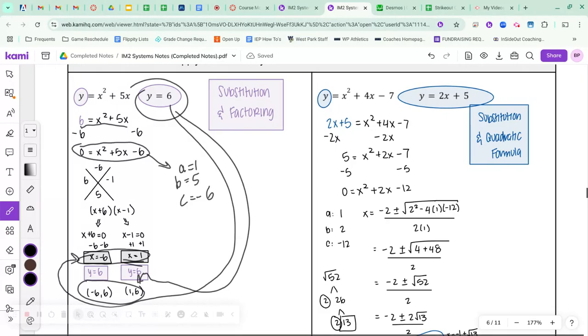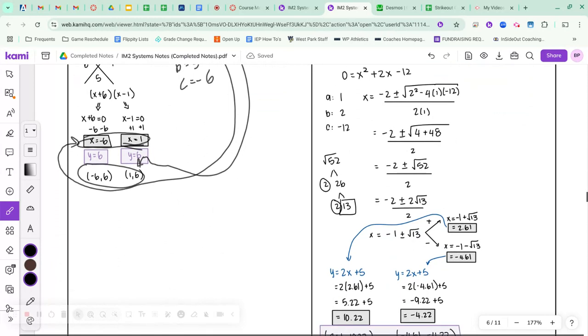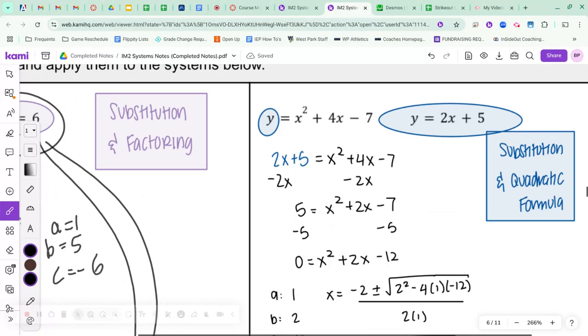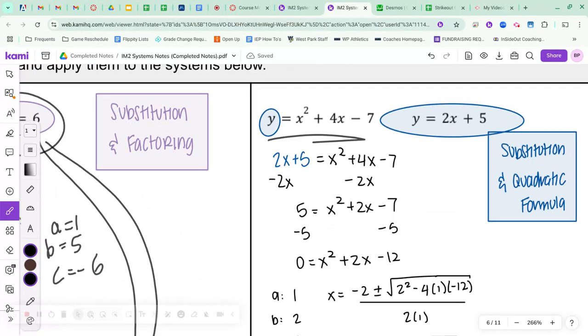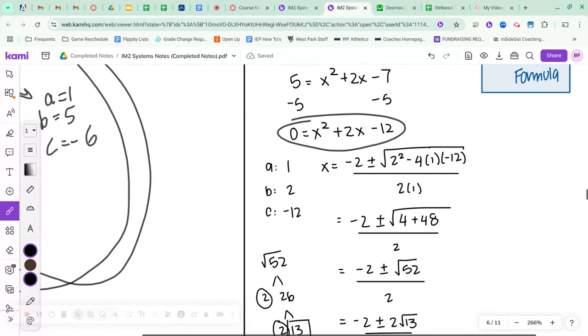The second one in the blue, as you can see through the worked solutions, these are irrational solutions, right? It's not going to be factorable. You can try the diamond method, setting them equal and getting them all on one side equal to 0, but you're going to see it's not going to work. So with an a of 1, a b of 2, and a c of -12,